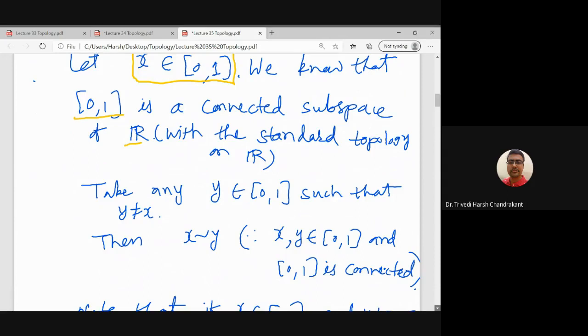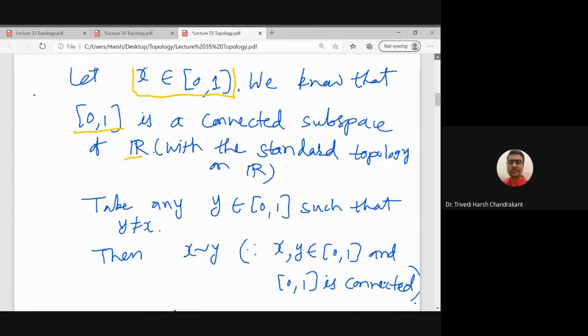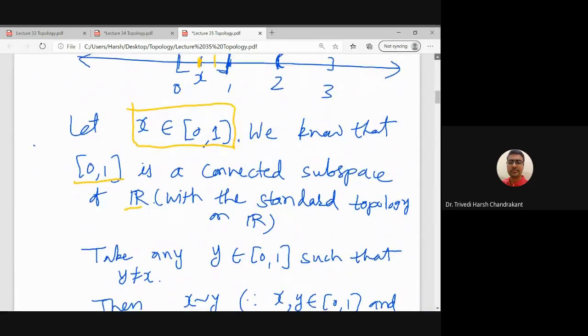Right? So now the question is: does any element of the interval 2, 3 belong to the equivalence class of x? x is this fixed point, so we can also call it x naught if there is any confusion, but basically we have fixed x, which is a point in [0,1]. Now, since x is in [0,1], if I take any element y in the interval 2, 3, the question is whether x is related to y or not.